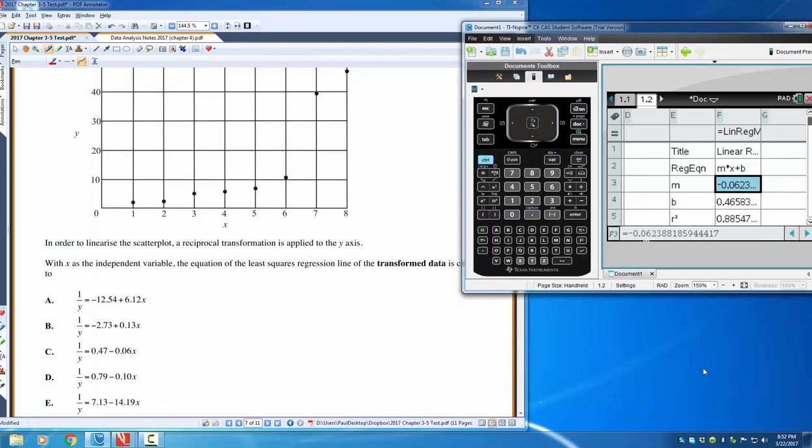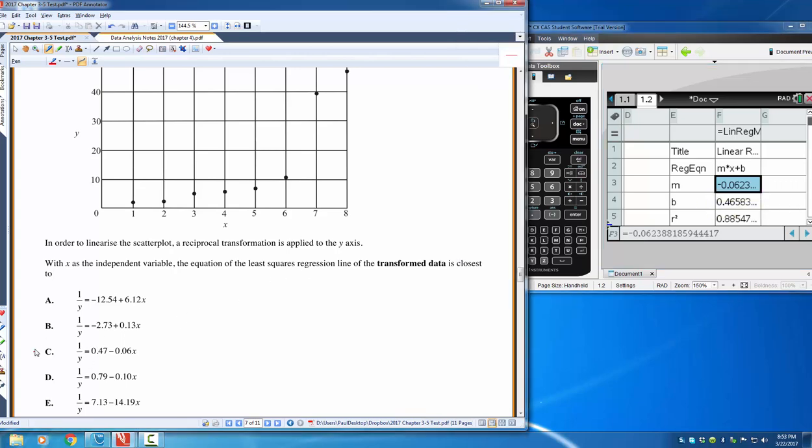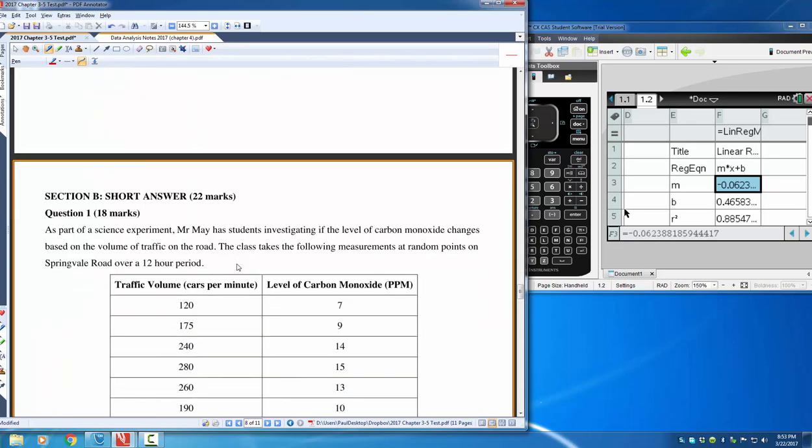Alright, we're back on here. I don't know why I wasn't seeing this, but the answer is C. Okay, so we've got a gradient of negative 0.6. There's that. Y-intercept of 0.46. There it is there. So our answer is C. Alright, so that's the